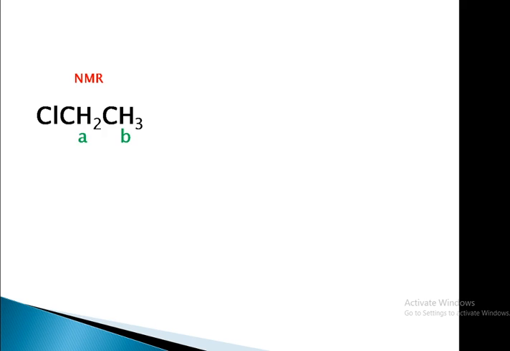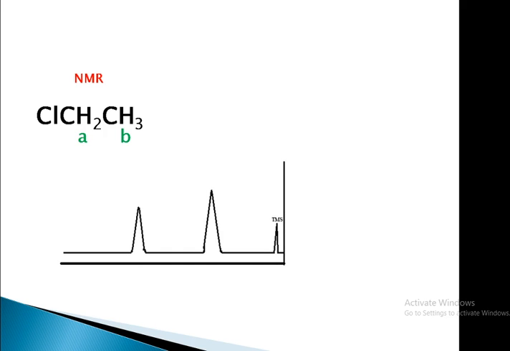This is A type hydrogen and this one is B type hydrogen. If we put this molecule in the NMR machine, then we get a peak like this. The rough sketch of the peak is like this. There are two peaks, one for A type hydrogen and the second peak for B type hydrogen. Now if we look very closely at the B peak, if we zoom in 10 times, then we will see three different peaks. That means this peak B is split into three peaks, and this splitting into three peaks is known as a triplet.